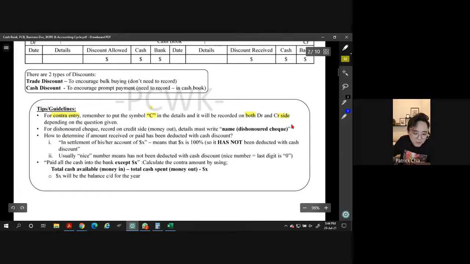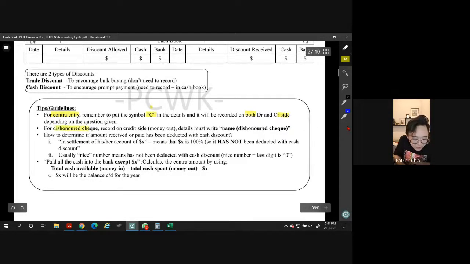Okay, next one is for the dishonored check. For dishonored check, what must you do? Dishonored check, confirm money out. Okay, fixed already, because the check is being rejected. When we receive the check, we money in. So now rejected, money out. So you're gonna be confirm money out on the CR side. Then what must you put? The details are important here. You must put the name. Make sure to know whose check was dishonored, and also please write down in brackets dishonored check. Okay, I think I showed this last week already. I told you why you must put it. If not, then very confusing. Both sides also got something similar, so you must put down dishonored check. Okay, and then the third one.